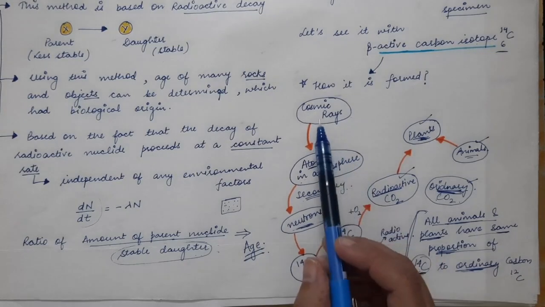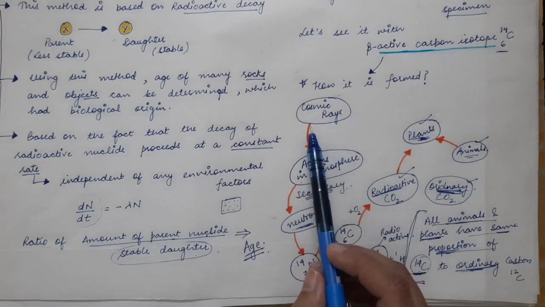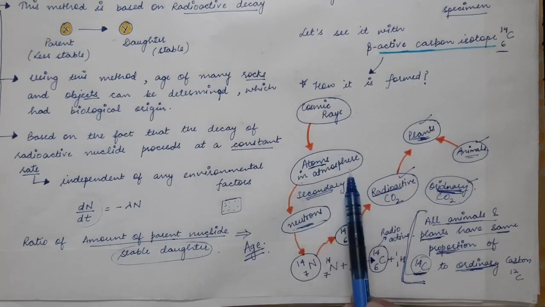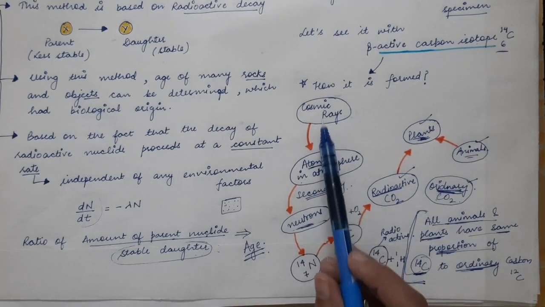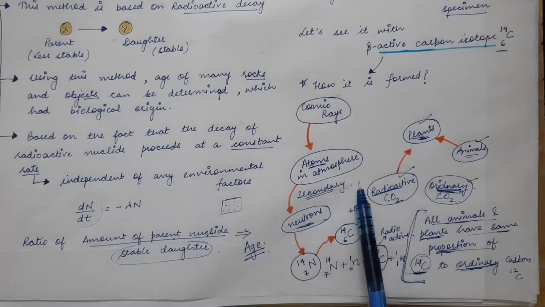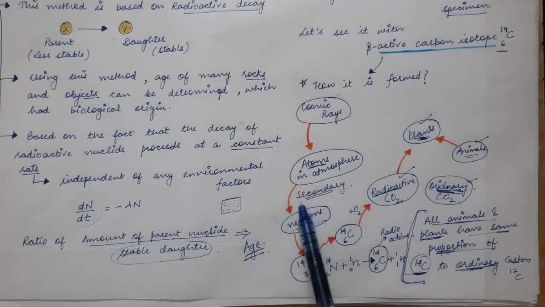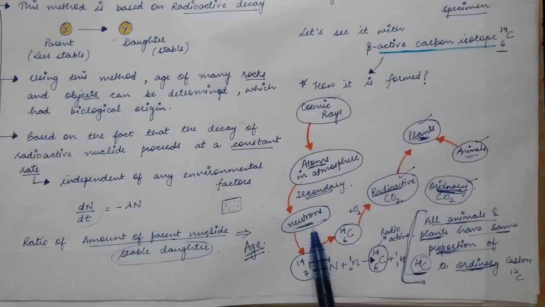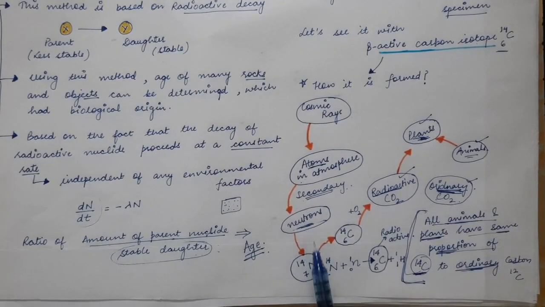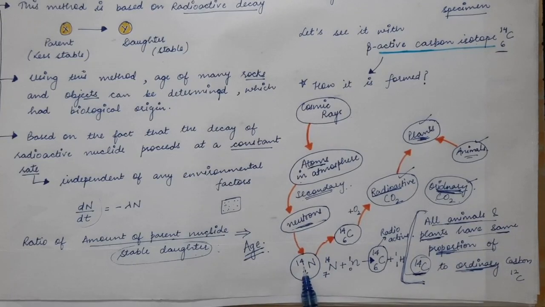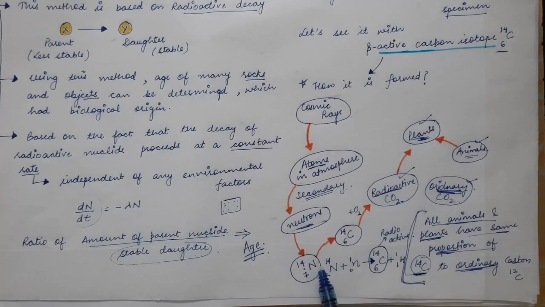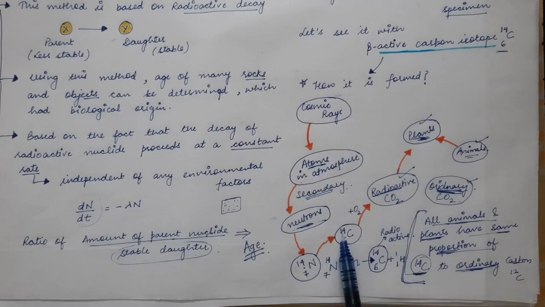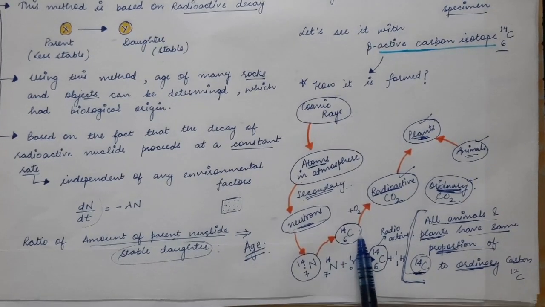So first of all, cosmic rays strike the atmosphere of the earth, and when they strike, they collide with various atoms which are present in the atmosphere, and after this collision, various secondary particles are emitted, and one of those particles is neutrons. Now these neutrons are captured by the nitrogen atoms which are present in the atmosphere, and this will lead to the formation of carbon-14. Now this carbon-14 is a radioactive carbon.